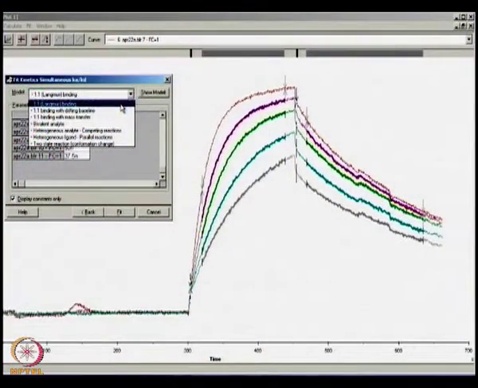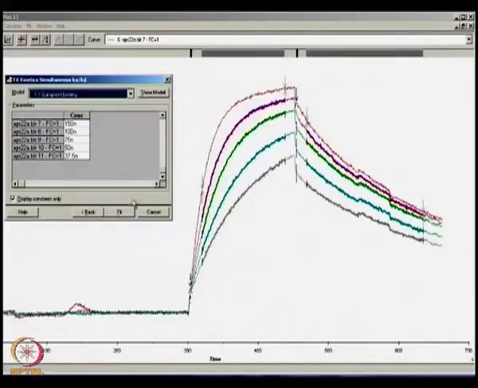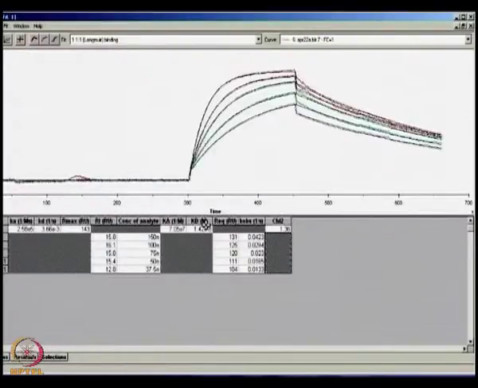So depending on the model you choose, so you choose the model that you want here, and then you say fit. And what happens is curves get fit and the results are thrown up. So your K on and K off are displayed here. So it's as simple as that. So all you need to do is take a ligand, immobilize it on a chip, run about 5 different concentrations of your analyte over the chip, and each of these results,